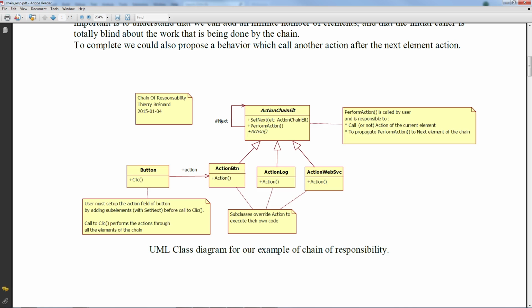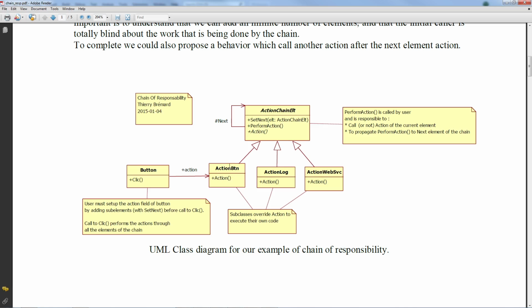One very important element of this abstract class is the field next, which points to the abstract class itself. This gives the possibility to chain every subclass that we want one after each other.